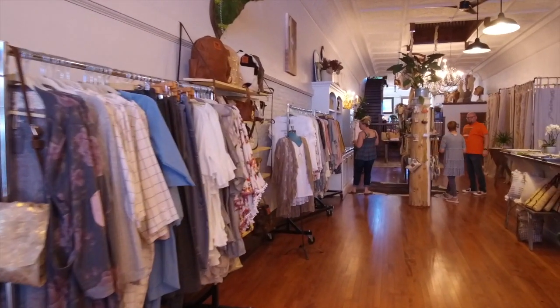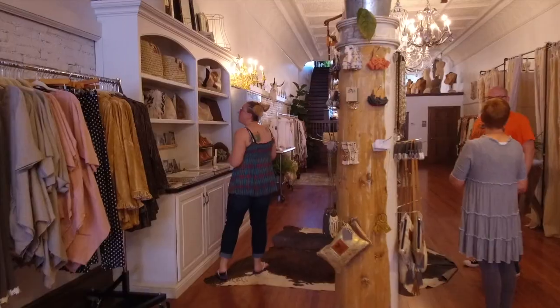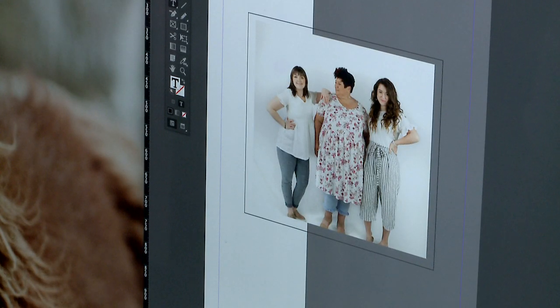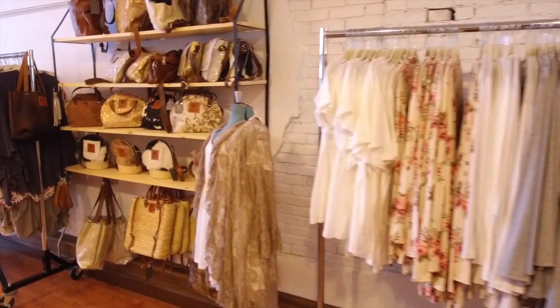I think so many women have a misconception of their relationship with their clothes and their body image, and we're really trying to change that. We really cater to all size women, and all of our clothes are made here in the community. My two daughters and I, we design all of the clothes. And you design everything. Yes. And then you have great seamstresses locally making these. Yes. So we are really passionate about